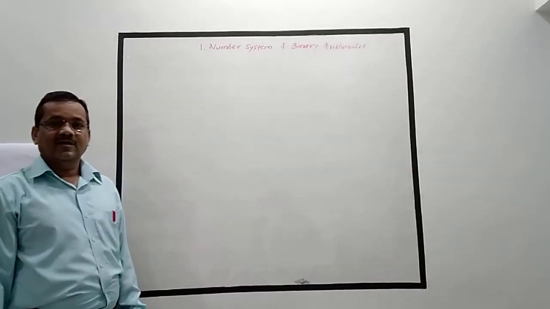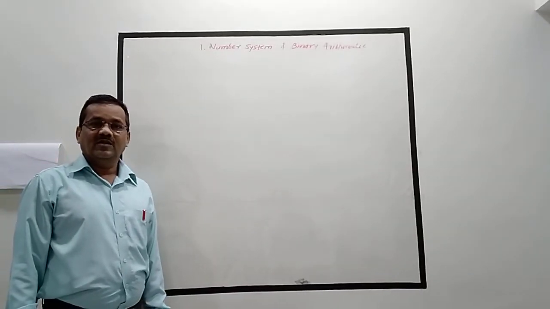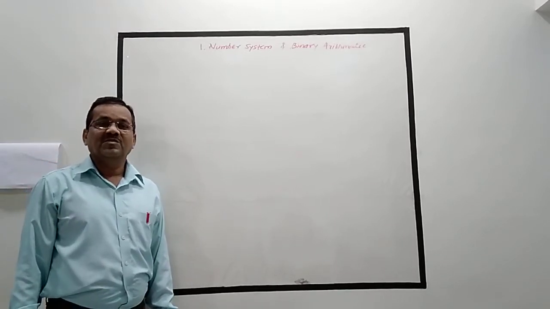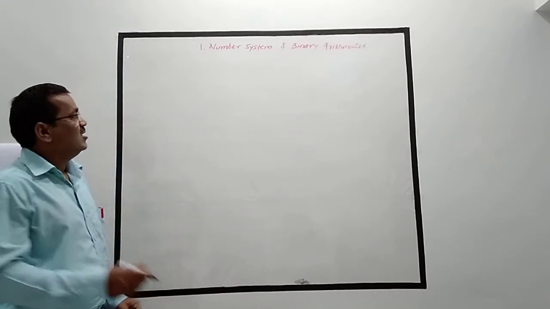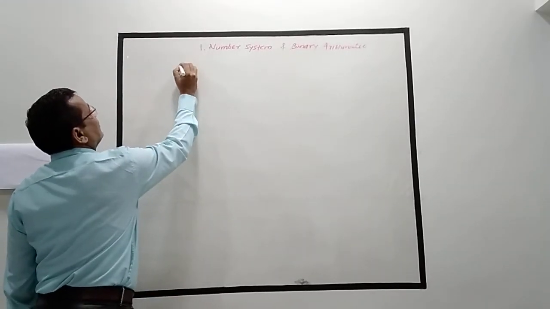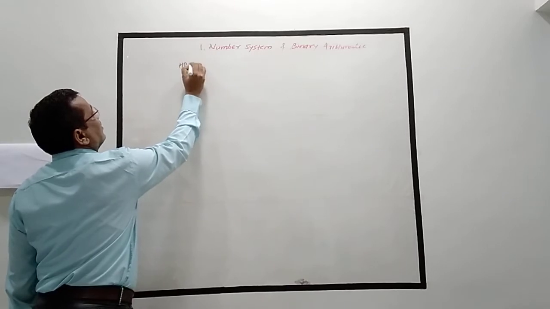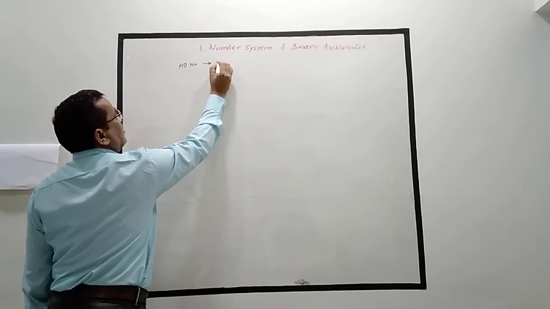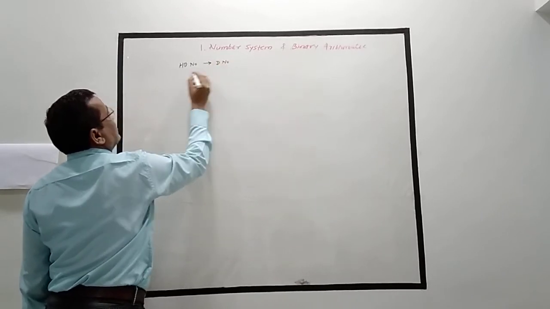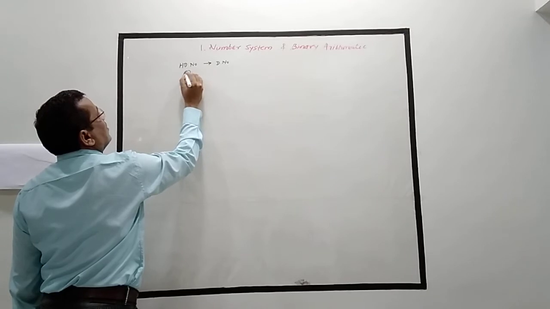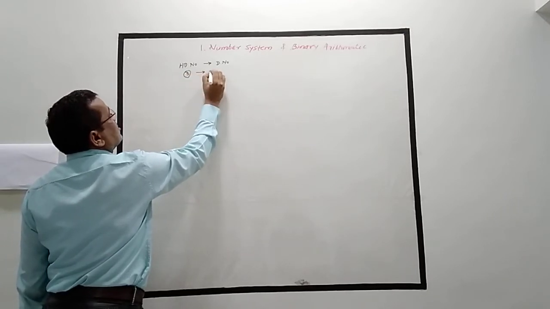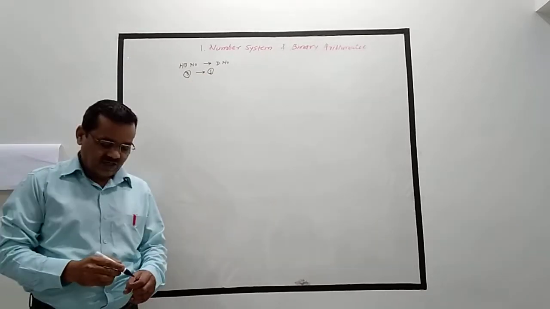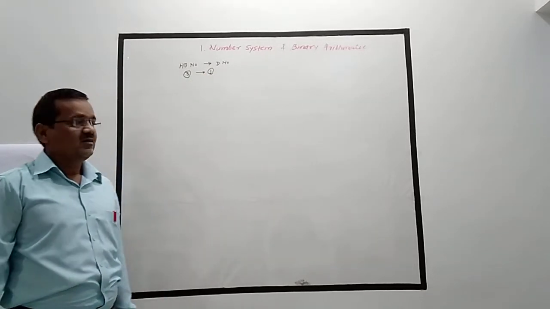Hello students, today we are going to learn the conversion of hexadecimal number system into its decimal equivalent. So we can write HD number to D number, decimal number. That is, we are going to learn the procedure of conversion of third system to first system, that is hexadecimal number system into its equivalent decimal number.